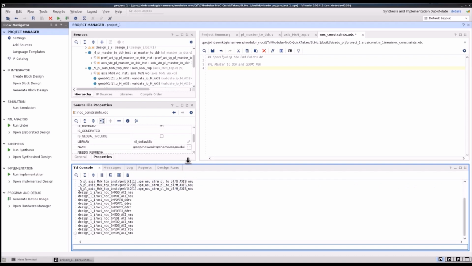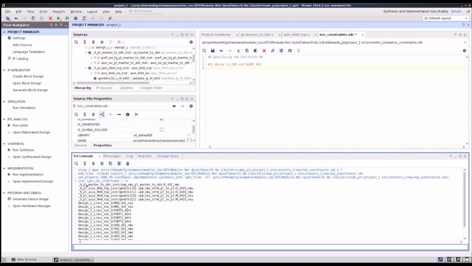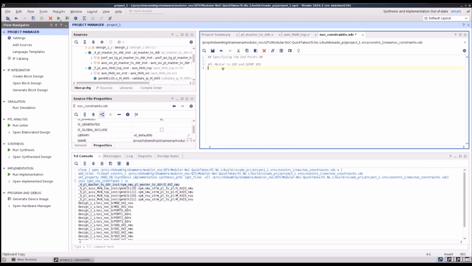First, we will create the connection from the RTL-PL NOC master to the BD-based DDR NOC NSU. For that, copy the PL master to the DDR-NMU interface and define it to the variable NMU to DDR.